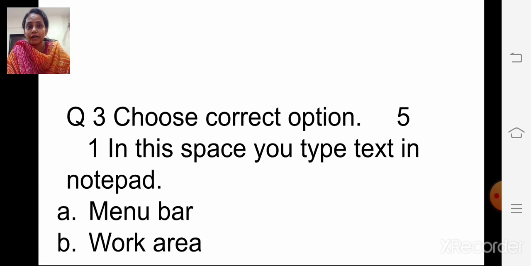Which is correct answer? In the notepad you type text. In which place? In work area. Where we type? In work area. So you will select the B option here. Understood, children? Like this you just have to click on the correct answer.